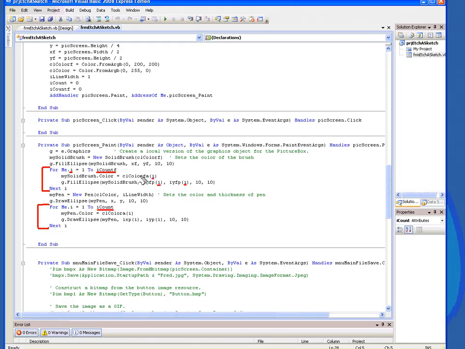So the first thing I had to do is put the color into the brush. I use the statement mybrush.color equals the color. That puts the color into the brush, and it puts the color of the particular dot we're looking at. When I is 1, it's going to put the first color, the first one that we drew, the first movement we